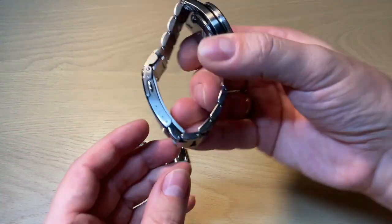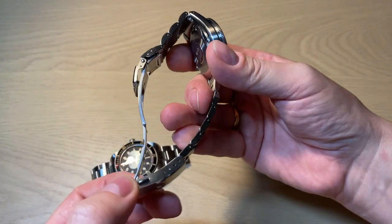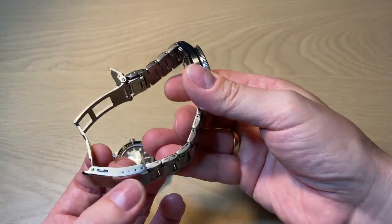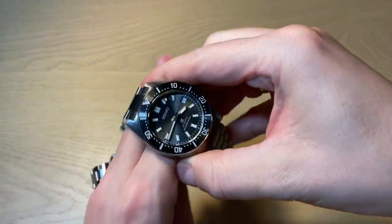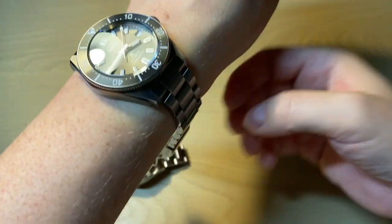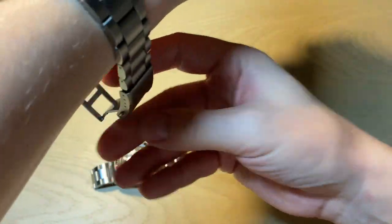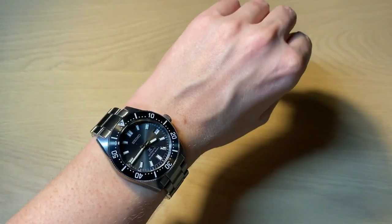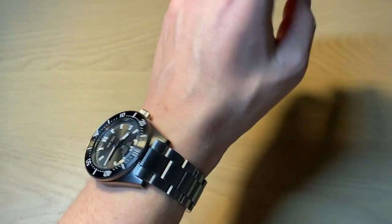So moving on to the Seiko, also a really nice clasp, fold over, and then you get this 2 push button open mechanism, 4 nice micro adjustments, solid end links and all of the good stuff, a really nice finish and a really nice wearability also with this bracelet. This wears a little bit bigger as you can see, but it's a really nice watch. A little bit